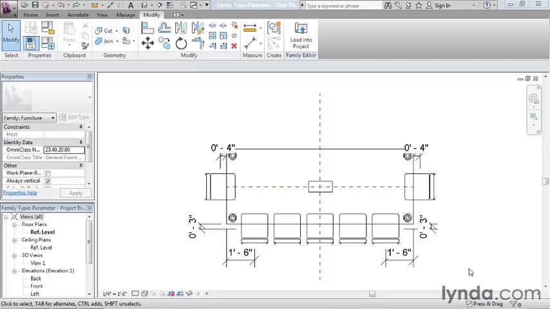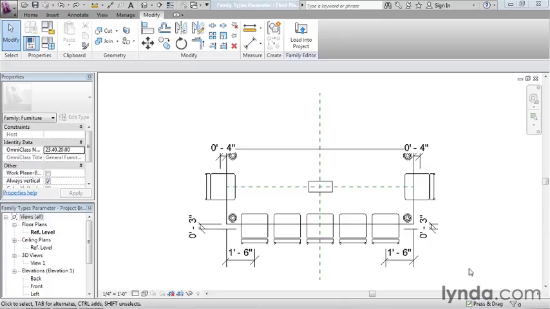So a family type parameter allows us to swap out the table that we're using in a parametric way. So our end user will be able to actually select the final parent family, which includes both the table and chairs, but choose a different table within that family from the parameter we give them. And then we're going to take the array that we set up in the last movie and make it respond